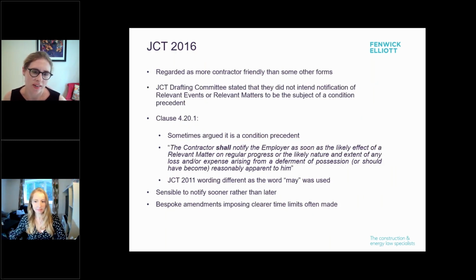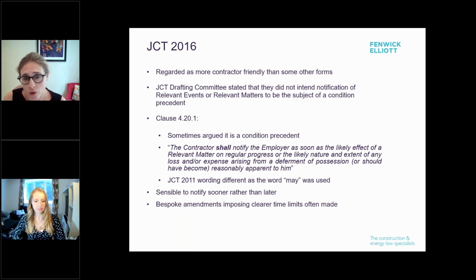So JCT 2016, regarded as more contractor friendly than some other forms. The JCT drafting committee have expressly stated, or one of their members on a blog, that they did not intend notification of relevant events or relevant matters to be the subject of a condition precedent, but we still see disputes about this. Clause 4.20.1, it's sometimes argued it is a condition precedent, and it does contain the word shall, which contrasts to the JCT 2011 word of may, but then again, it doesn't have a precise time period, as Bremer, for example. So the sensible position is notify sooner rather than later,